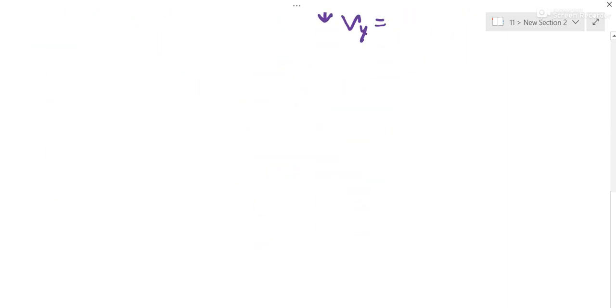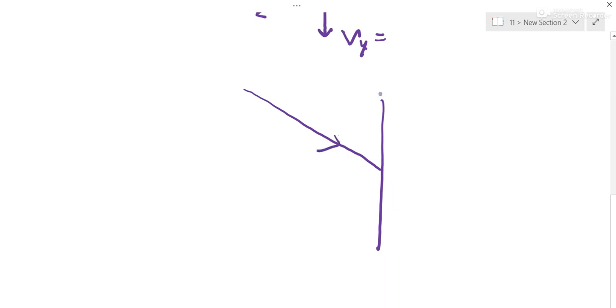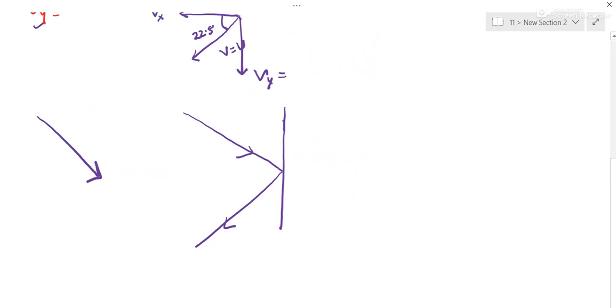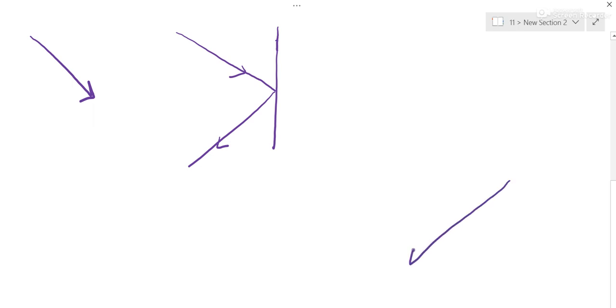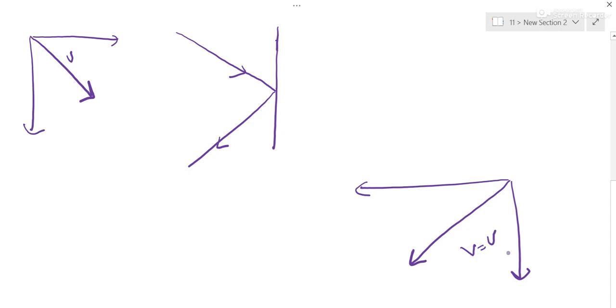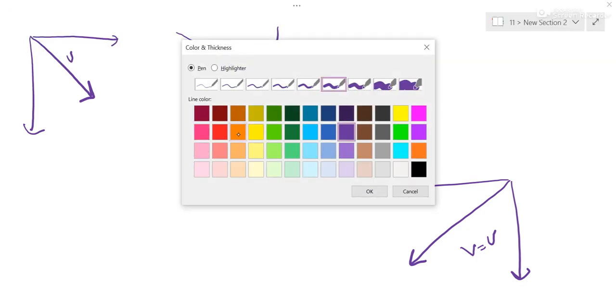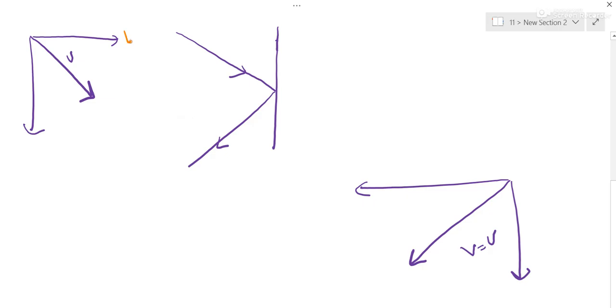Let us see this once again. This was a bat. The ball came like this, and it went like this. So please draw these two arrows. This is v, which is equal to u. This is u. One component, second component; similarly, x component, y component. Then the labeling. This is ux, this is uy. This is vx, this is vy.